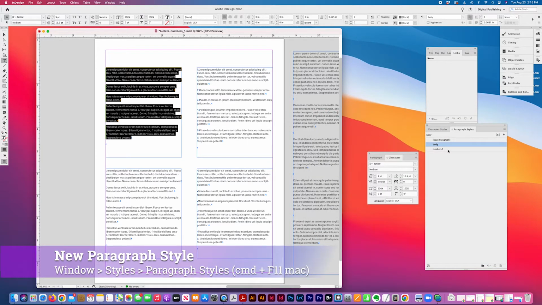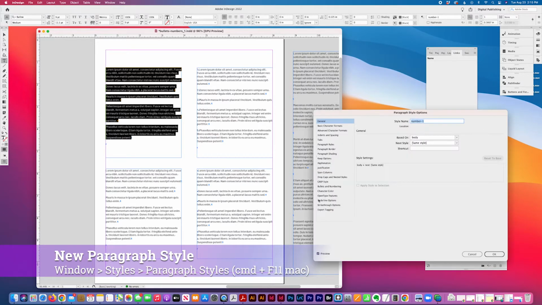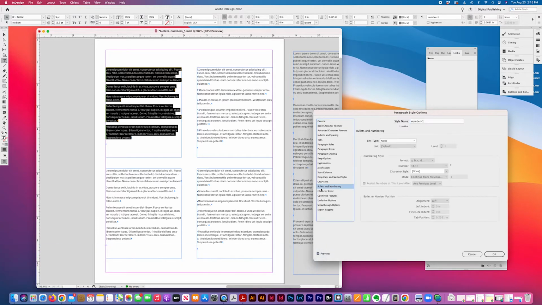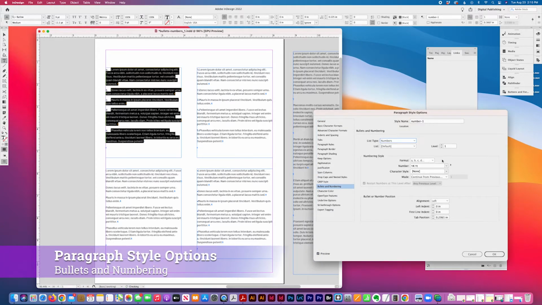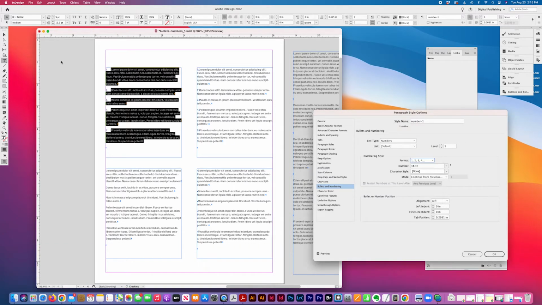So I'm going to select OK, apply it. I'm just going to apply it so you can see the preview of how I do this. And then my list type, I pick numbers. I'll pick the 1, 2, 3, 4. You could pick any of these really with the same formatting results. And this